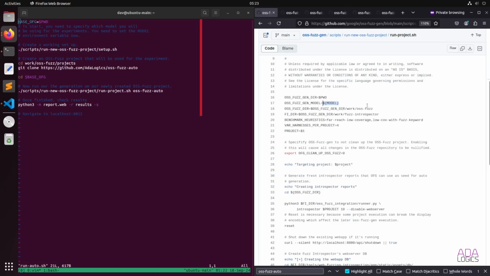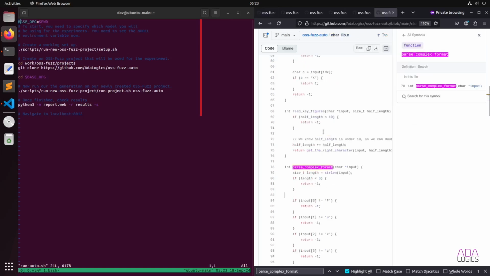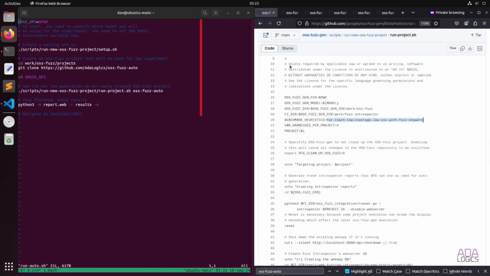And then what we also tell OSS-Fuzz-gen is which heuristics we should use to identify interesting functions in the target project to analyze. We need to extract information about a function being interesting such that the LLM can generate a harness for that function. So there are various heuristics to extract interesting functions to analyze. And here we have added